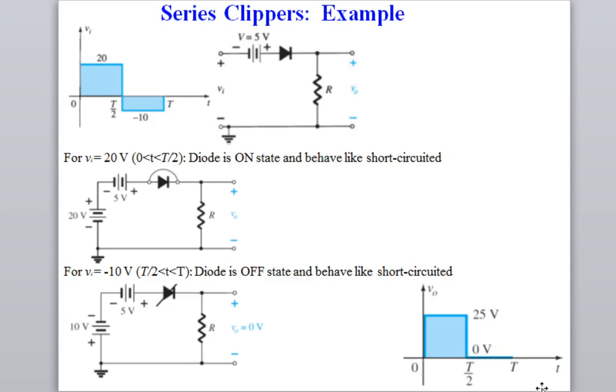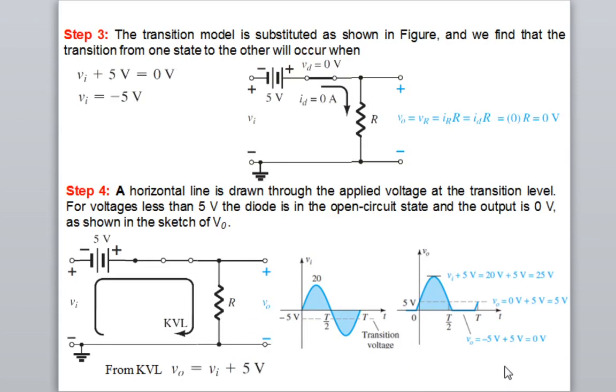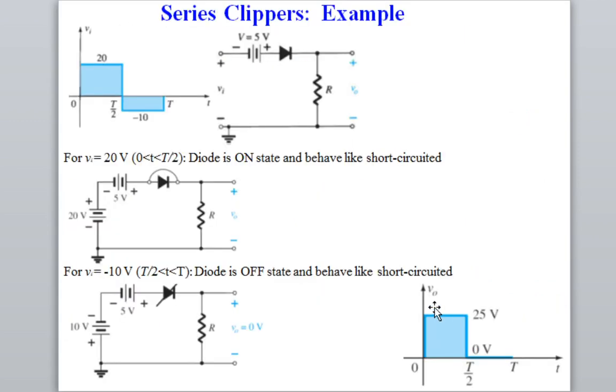Okay, somewhere here. But this is not a sinusoidal signal, so you do not have to worry about whether the signal is falling on the 0 time or T half time or T time. That doesn't matter. For the case of a sinusoidal signal, you have to take care where your output signal is falling at T half or at 0. That you have to take care. In case of a sinusoidal signal, this marking of transition voltage is important. But in case of a square wave signal, that is not much important, because there is no lagging or advance of the time.